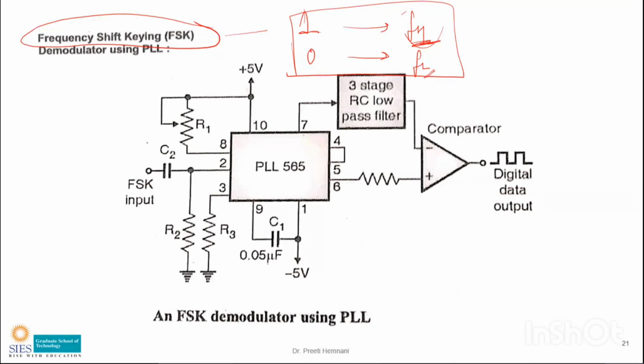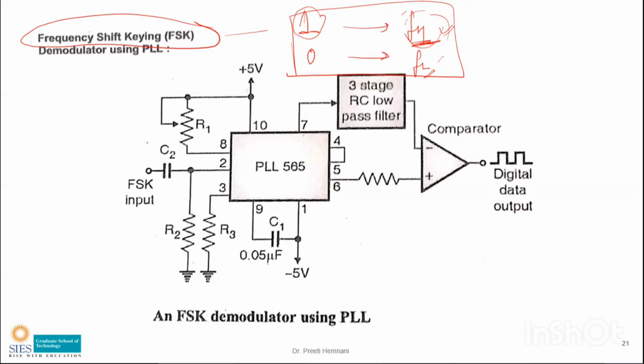So FSK is used in computer peripherals and wireless communications of binary data input. For binary data, when 1 has to be transmitted, the carrier frequency will be shifted to FH, and for 0, FL. So when we see the higher frequency, we say 1 was transmitted. And similarly, when we see the lower frequency, we say 0 was transmitted. Is that clear?